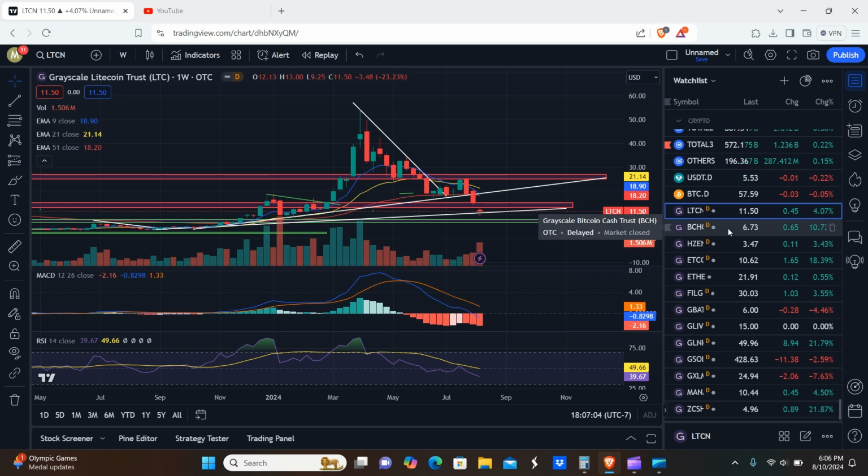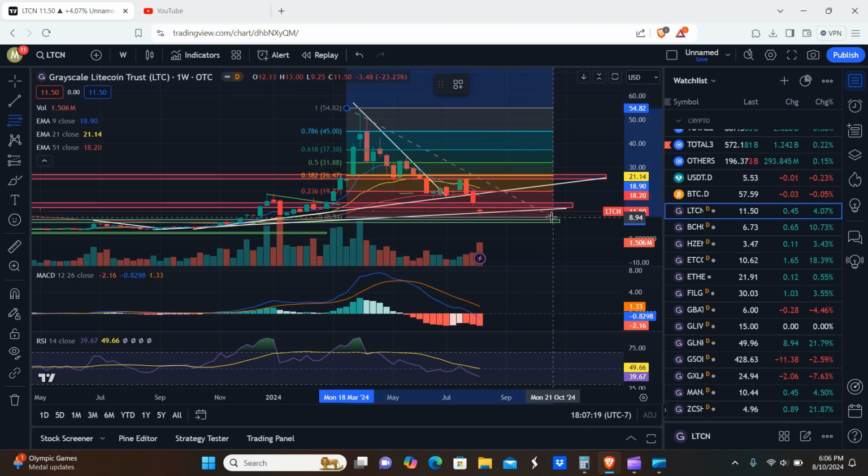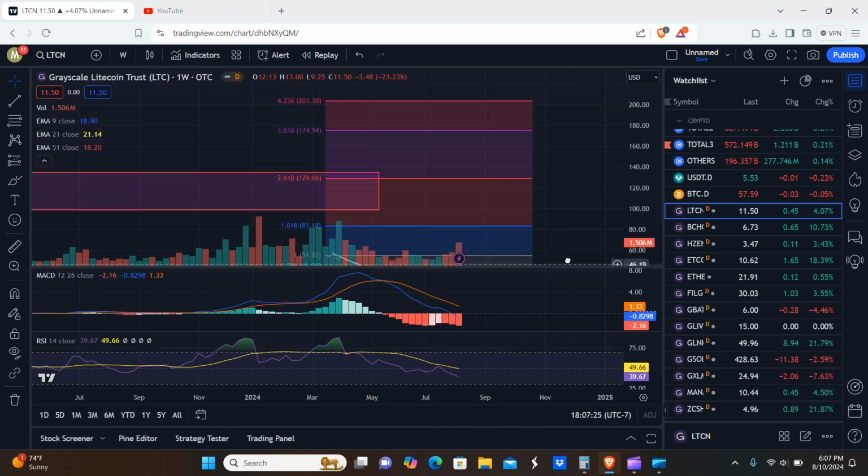So when ETH dominance goes up and Bitcoin dominance goes down, when that uninversion takes place, so to speak, that's when I expect the rest of these trusts to moonshot. So let's get into the content. All right, so we're going to go over these one by one. So first, Fibonacci retracement, assuming that this level right here on this trend line is the bottom. We'll go over what these levels are going to be.